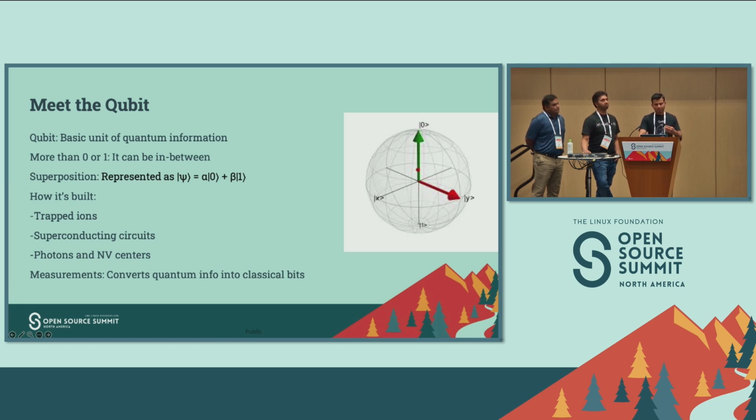Now I want to touch upon qubits and superposition, right? Unlike classical bits, which are strictly 0 or 1, qubits can be in a superposition. What do I mean by superposition? A blend of both states at the same time. Let me give you an analogy. If you have a coin and you spin it, until it lands it can be a head or a tail, right? Once you see it, you can determine that it's head, or you can determine that it's tail. But when it is spinning,